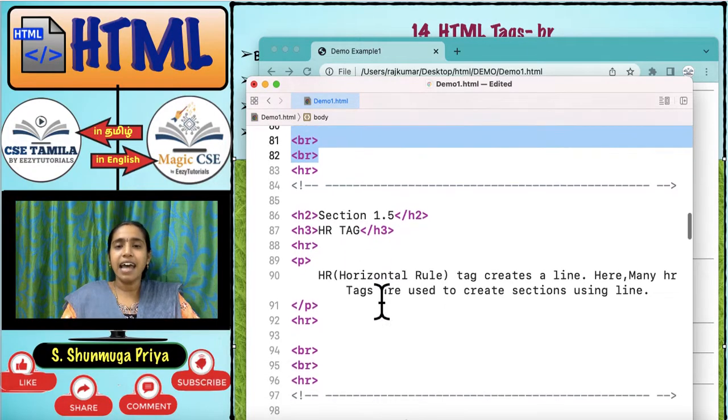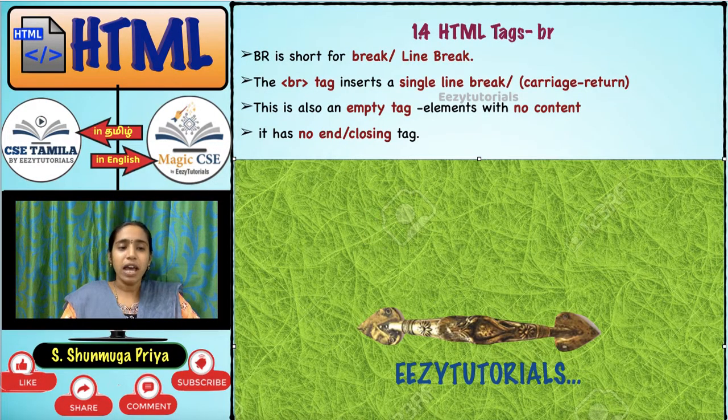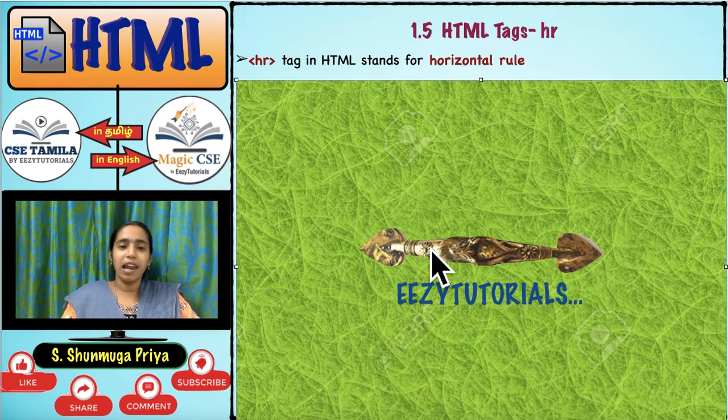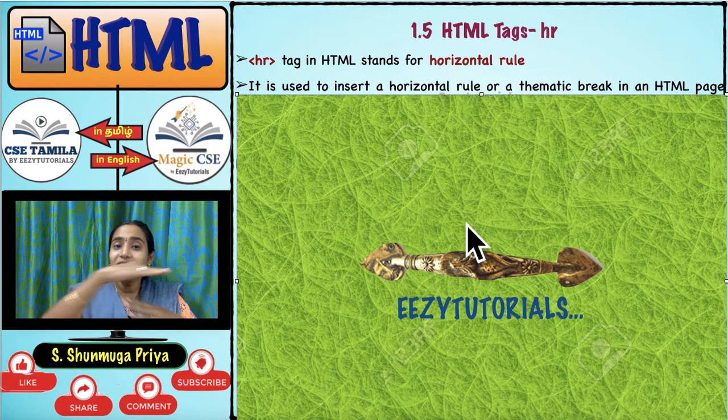The next tag is the HR tag. HR stands for horizontal rule. You call a scale a ruler, right? In the same way, a line can be called a rule. So horizontal rule is shortened and called the HR tag. If you use this HR tag, a line will be produced. From the left end to the right end, a horizontal straight line will appear if you use this